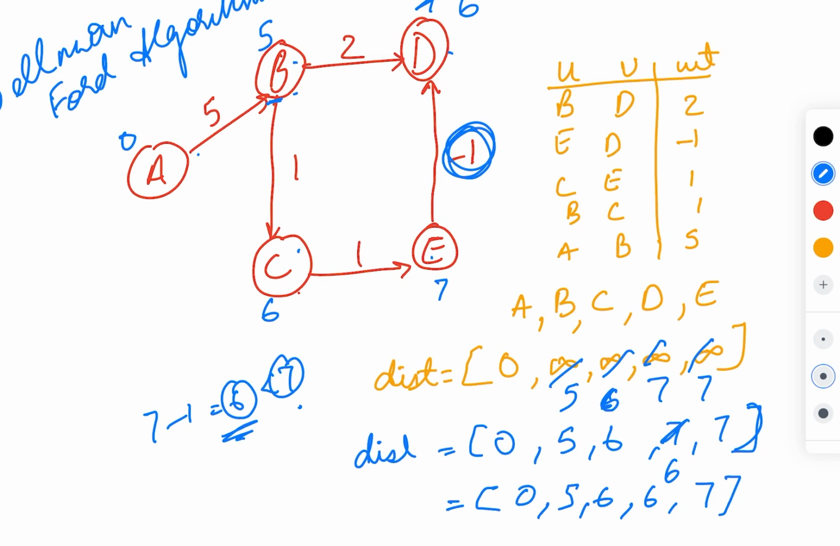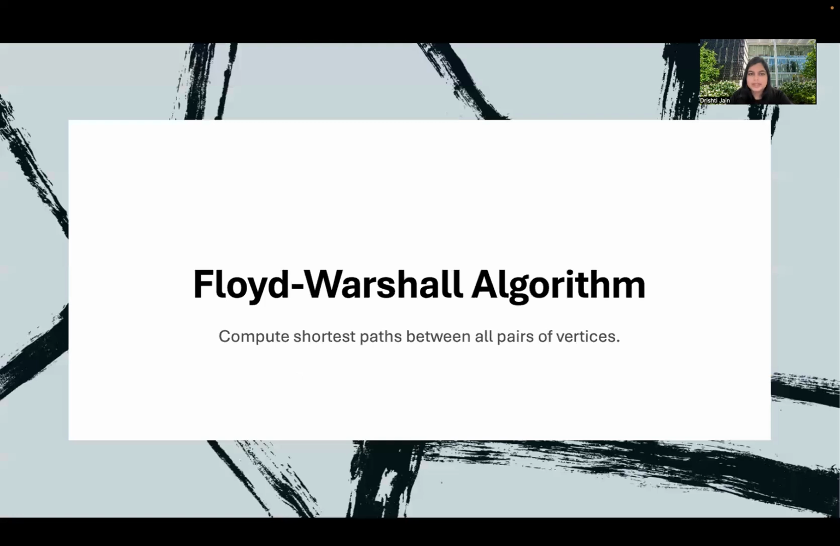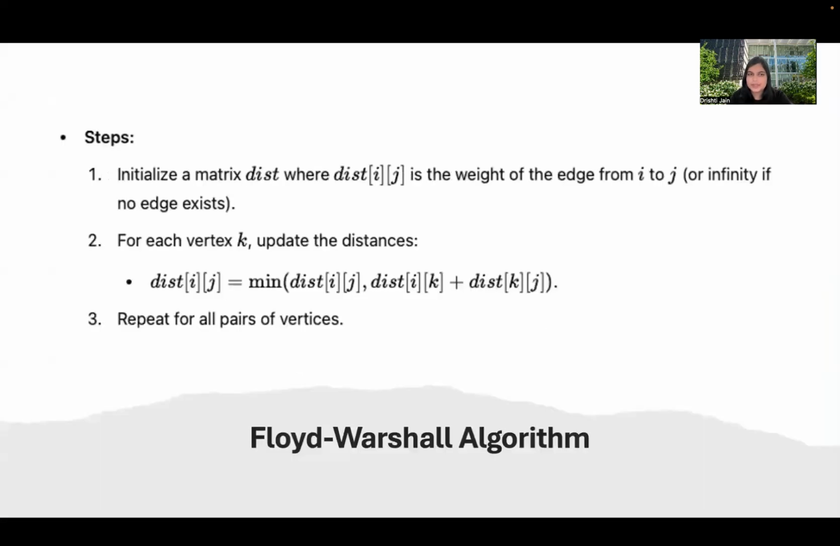This is the Bellman-Ford algorithm. The third algorithm is the Floyd-Warshall algorithm. In this, you compute the shortest paths between all pairs of vertices. The steps are to initialize a matrix called distance, where distance of ij is the weight of the edge from vertex i to j. And in case the source or destination vertex has no edge, then it is considered infinity. For each vertex k, update the distances using the formula of minimum between the distance